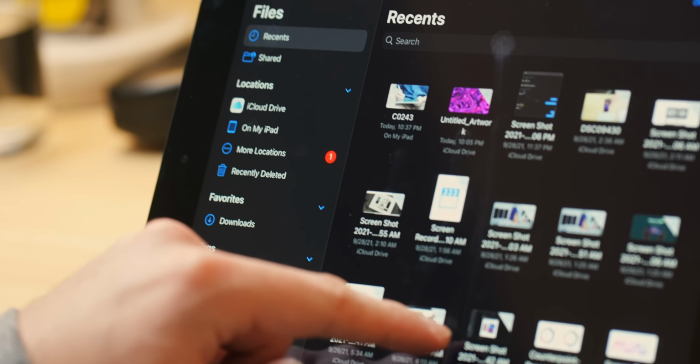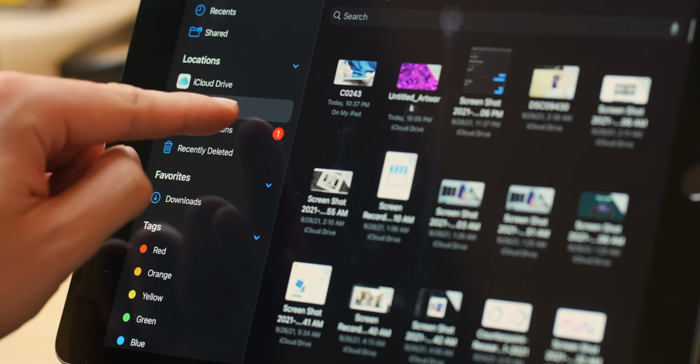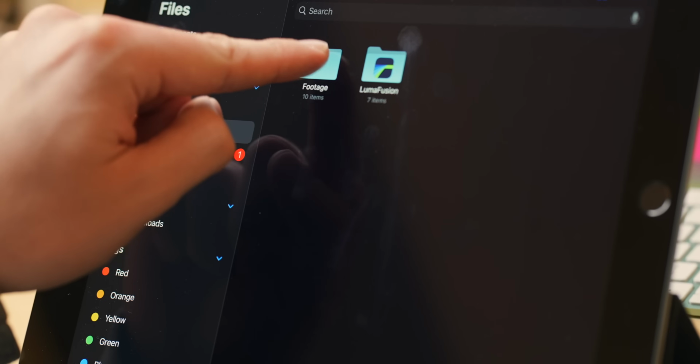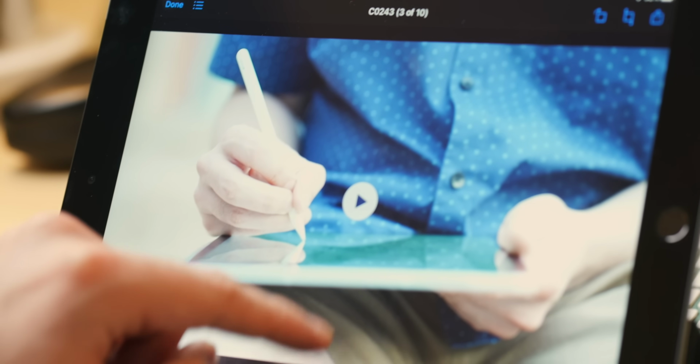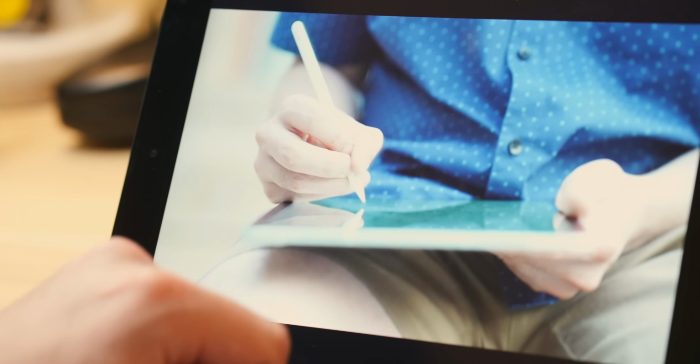Also, if you do a little bit of creative work, you can store photos on here. You can store just whatever files you want. I mean, it's up to you. The sky is your limit in terms of digital files you can store on your iPad. But yeah, now you have more wiggle room, more breathing room, which is great. But again, if you do most of your stuff in the cloud, the 8th gen 32 gig model still might be a consideration, albeit, again, it is a little hard to just be comfortable with that little